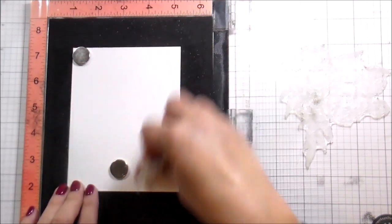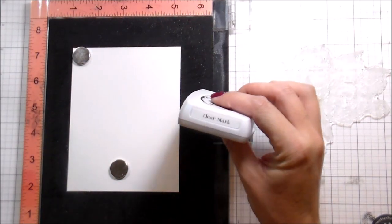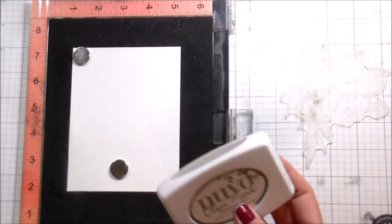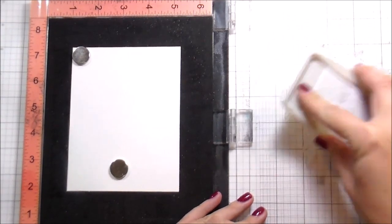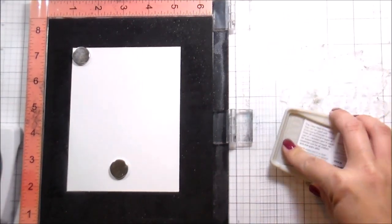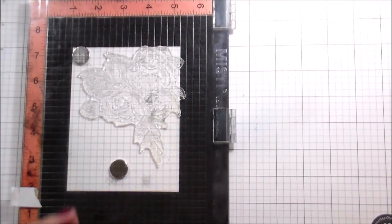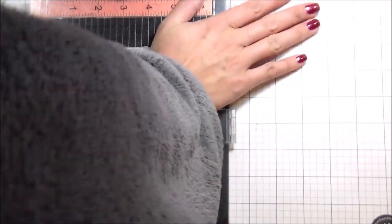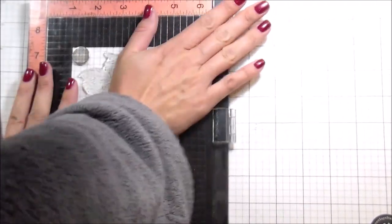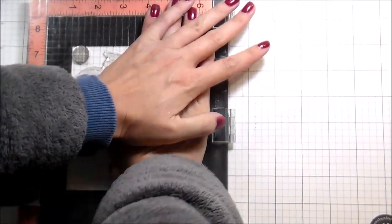And the first thing that we're going to do is stamp the image, the large bouquet, on watercolor paper and then heat emboss in white. And it's because we're going to be doing a bleaching technique. It's like watercolor bleaching. It's been a really long time since I've done it, but I love it with large floral stamps. They're super easy cards to do that have a very large impact, which I think basically more bang